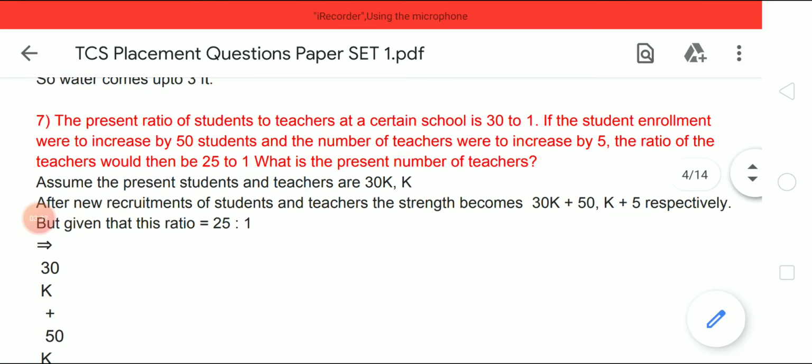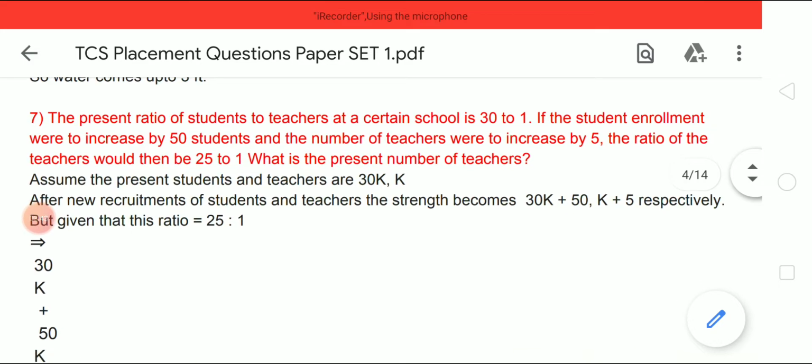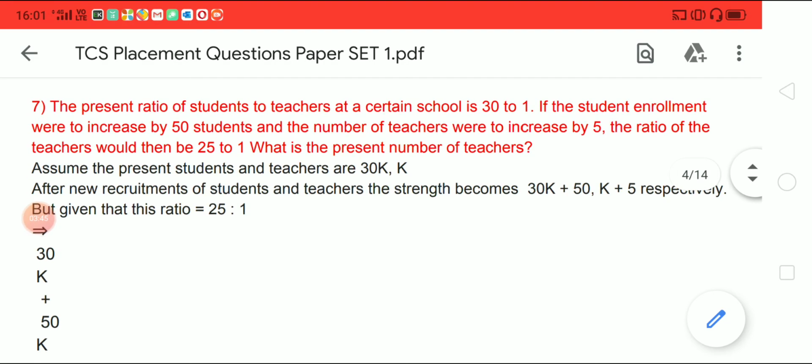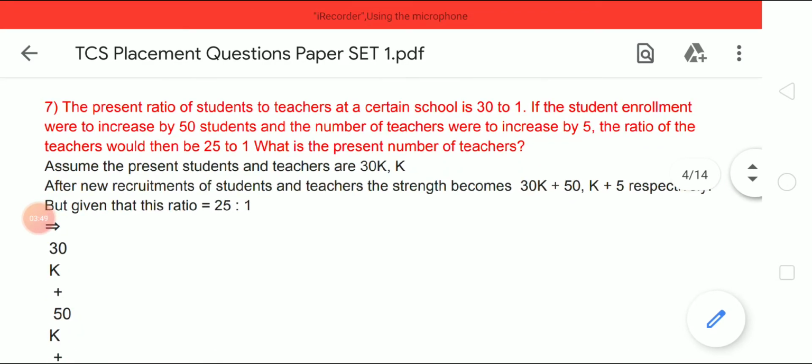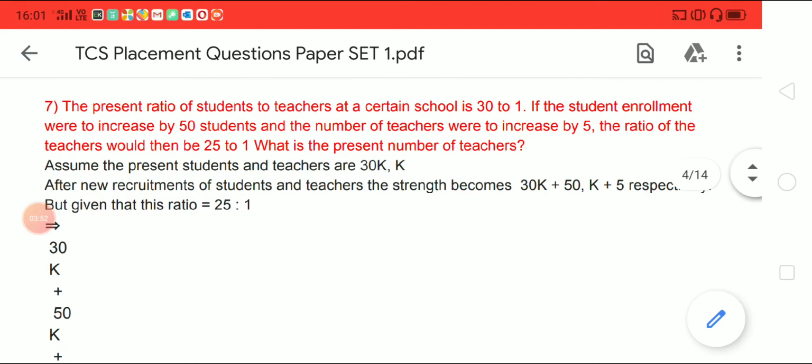the ratio... here the ratio and proportions concept is very important in companies, not only for TCS, whatever company it is. Every company concentrates on ratios and proportion, averages, percentages, probability. These are the 4 topics that are very important. Okay,